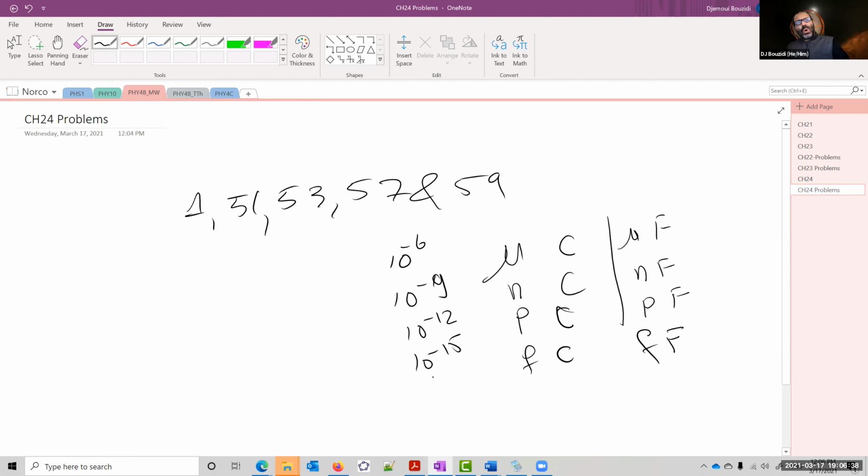In solving the problems, though, do not be tempted. Resist that temptation of appending the powers. Leave that to the end. You may cancel the micro and the micro in here, and all of a sudden you're dealing with simple numbers, okay? So resist the temptation to plug in these powers. You may be safe just to leave it as is until toward the end. So that was really the note, and it's an important one, okay?